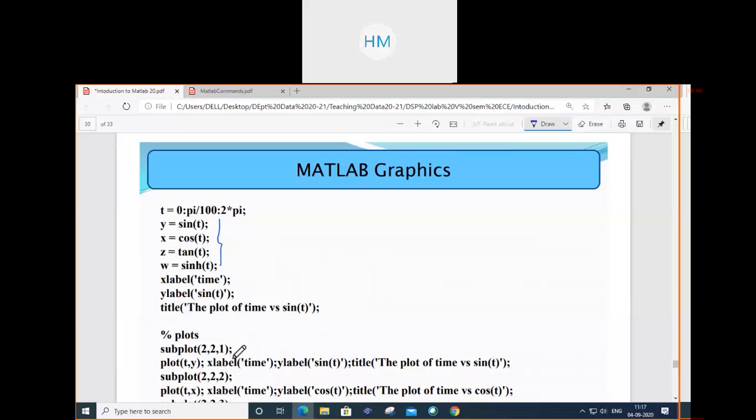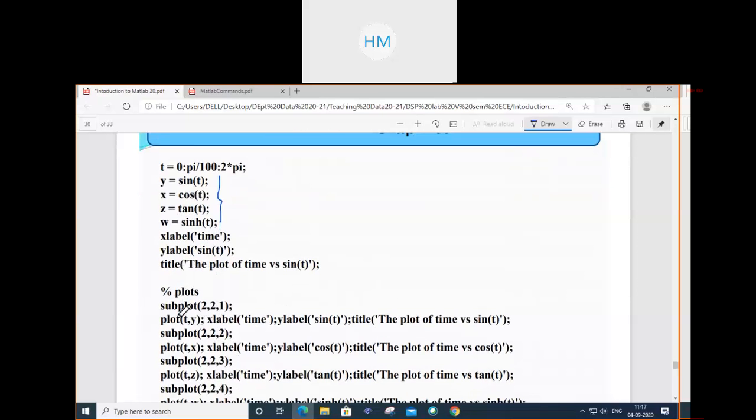Who can tell me the subplot, or what is its syntax? क्या significance है? After that what am I writing? I am writing plot t comma y. This t comma y, x label time, y label sine of t. Title the plot of time versus sine of t.